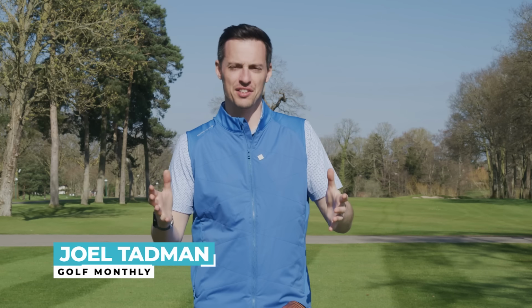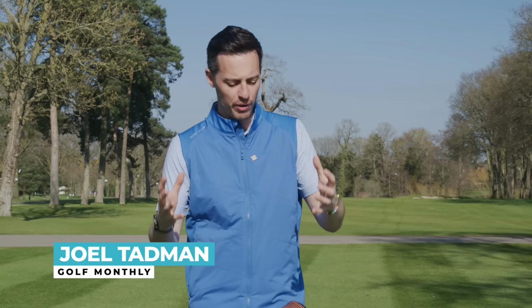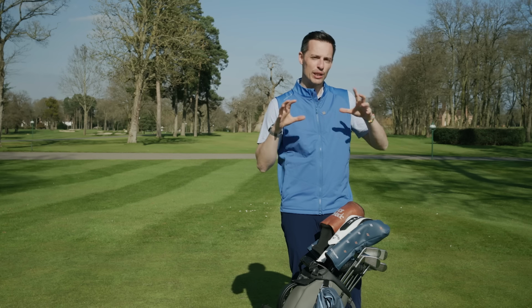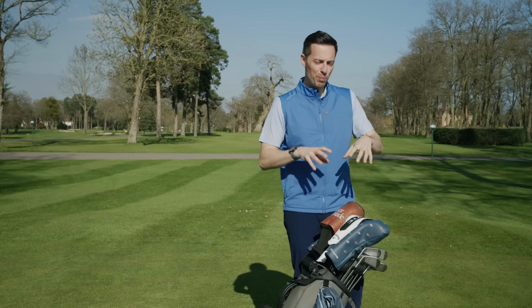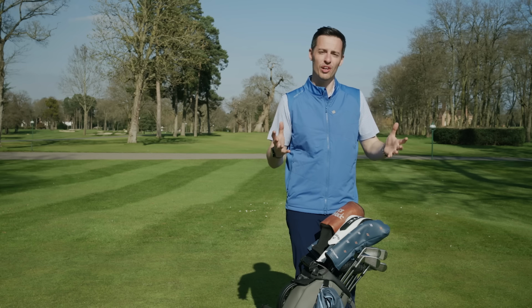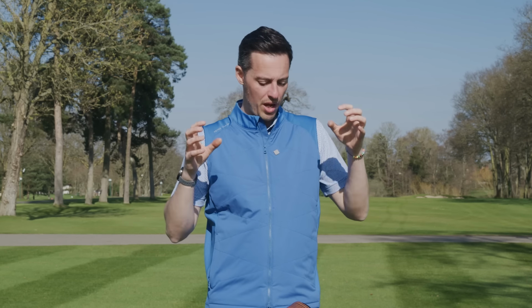Now, when you go for a custom fitting, a lot of time is spent focused on getting the right shaft length and weight and flex and the right lie angle, but you could argue that the most important thing, and that is getting the right type of club in your bag in every position, is often glossed over or completely overlooked. So with help from stats from our data partners at ShotScope, I'm going to help build the optimum set